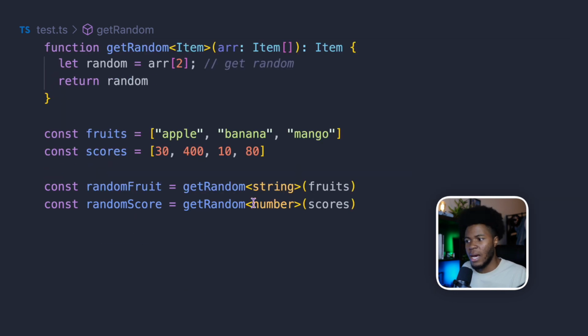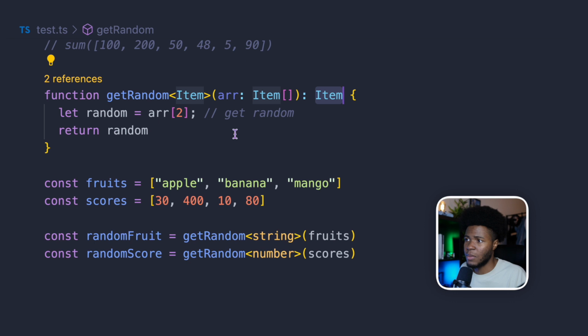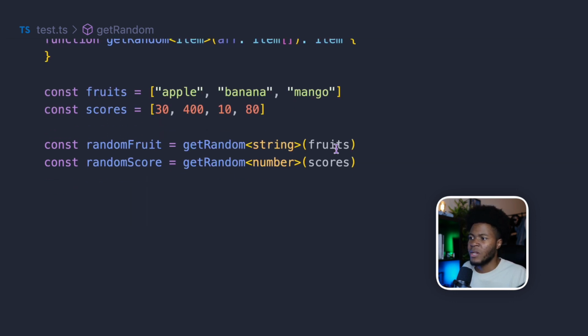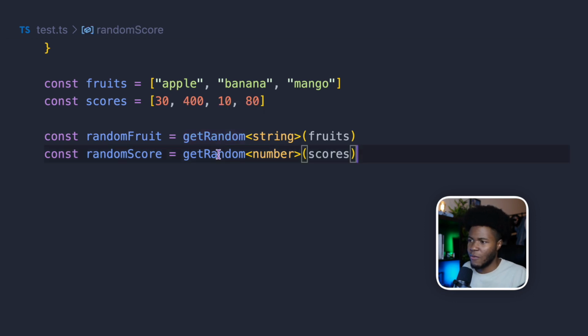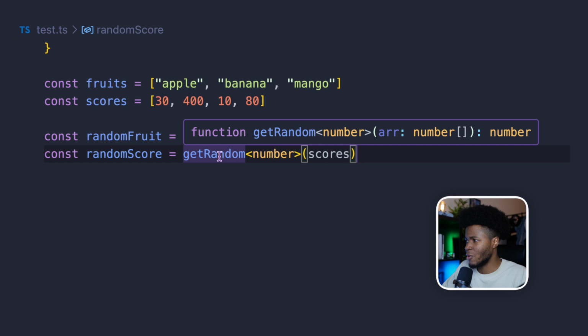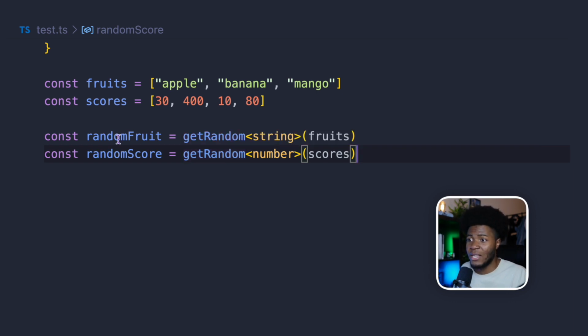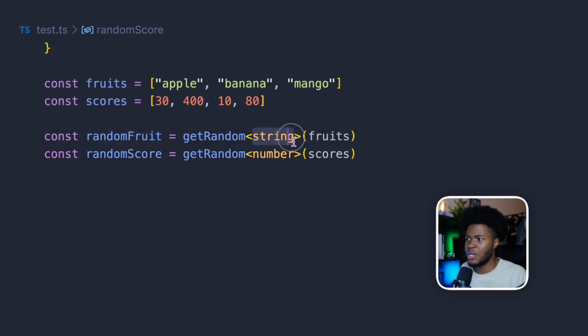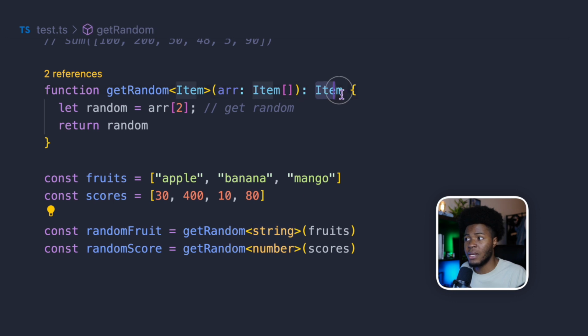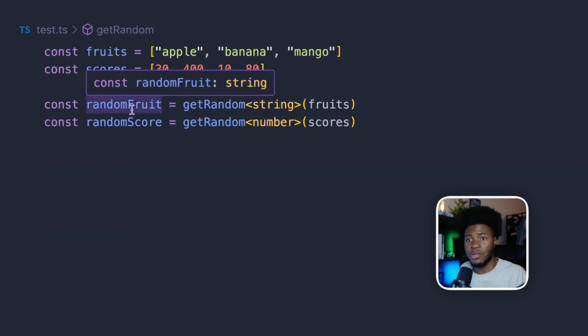And in the case of number, that's going to be the same thing. Number would replace this and also would replace this. Now if we highlight getRandom, what you see is we have getRandom string, an array of strings returning a string. And if we have getRandom here, it says getRandom number, an array of numbers returning number. And now when you highlight on random fruit, you see we have string. Since we pass string here as the item and we are returning item here, random fruit is a string,